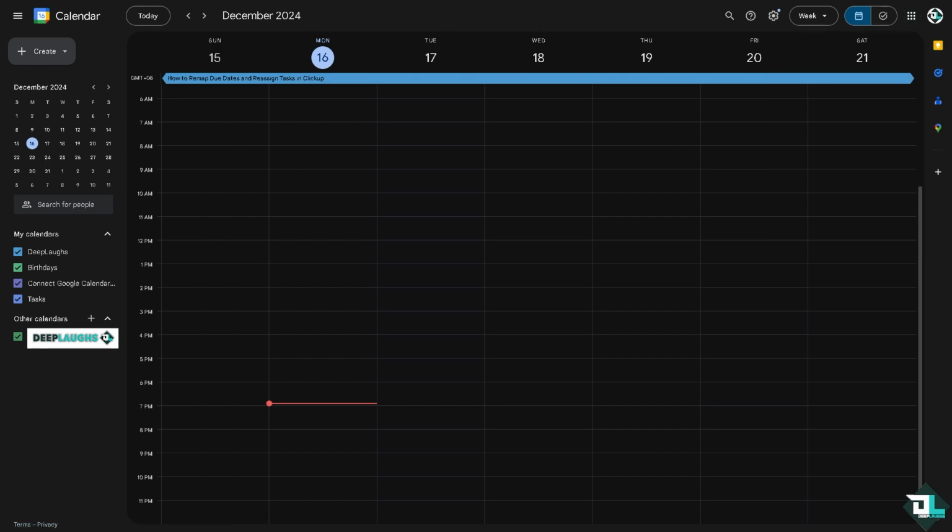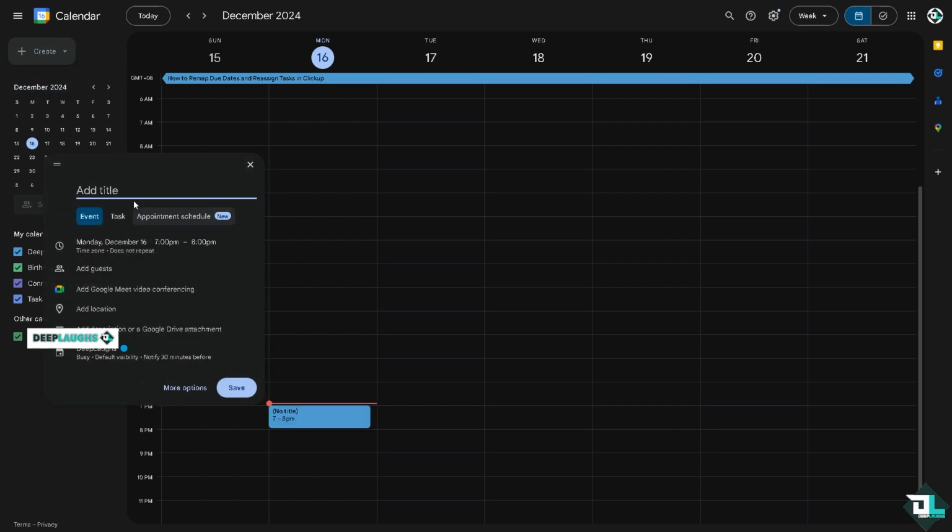Now, one of the key features here is event creation and management. If you click the event, you can do that by putting in the title. You can add a description or add a Google Drive attachment. You can also add Google Meet video conferencing. So these are the reasons why you would want to use Google Calendar if you are heavily invested in the